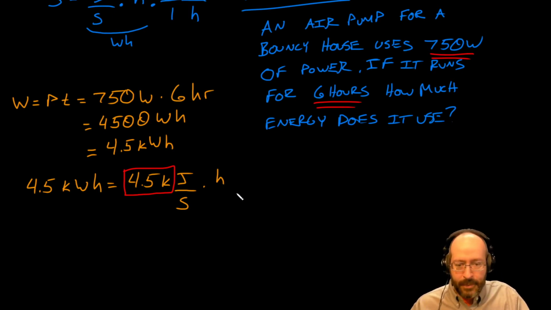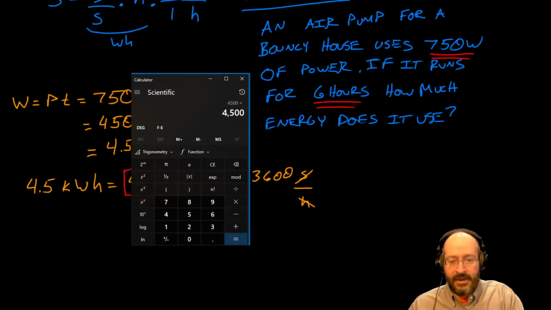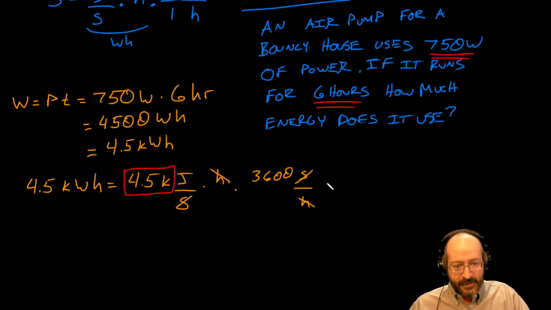And just like I mentioned above, I'm going to multiply by 3,600 seconds per hour. And then the hours are going to cancel, and the seconds are going to cancel, and I'm left just with the unit joules. So I have to take 4,500 and multiply it by 3,600, and I get a nice big number, 16,200,000. Oh gosh, I'll write it out. 16 million, that's a comma, 200,000